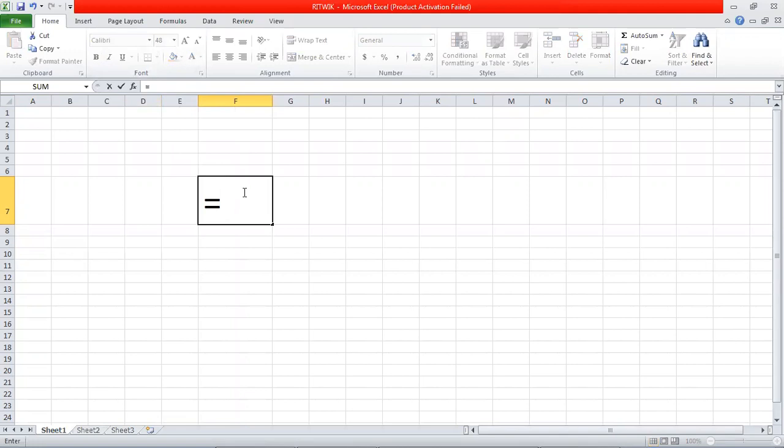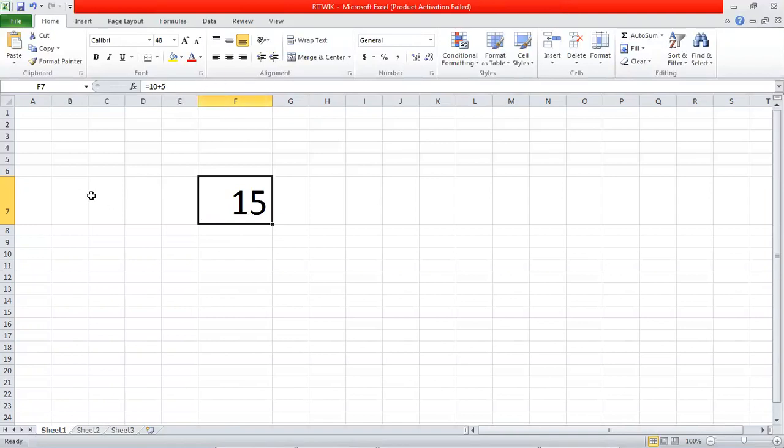Is equal to, if I write 10 plus 5, I will get 15. Clear? When I click on this cell, on the formula bar, you will see the formula, not the value. So within the formula bar, the result is not displayed. Within the formula bar, the formula is displayed. That is the reason why this bar is called the formula bar.